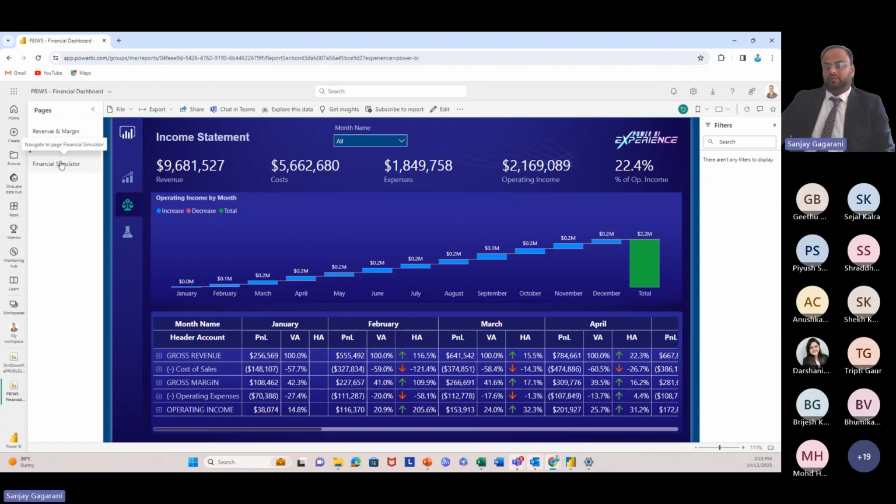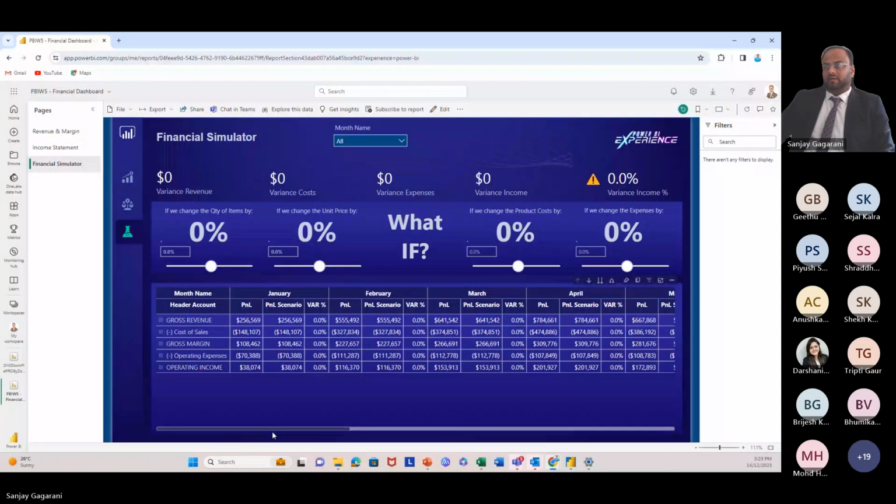Let me take you through one of the interesting features. This financial simulator has been prepared just for demo purposes. Here, what we're talking about is, let's say my revenue goes up, in terms of quantity and pricing terms, what will be the impact on my financials? Many times, the CFOs or the group CEO want to do various scenario analyses. That can also be achieved with the help of Power BI, where we can present it properly. If I increase my quantity, what is the implication on the revenue, the costing, and net income?